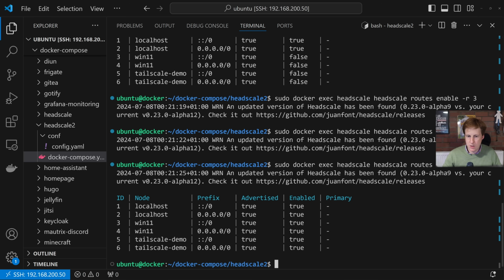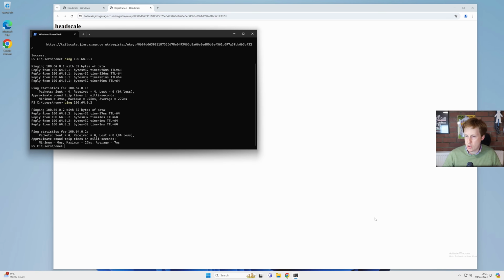Now what that allows me to do is if I hop back onto my virtual machine, now in the bottom right, and again, sorry, it's small. Now if I right click that and go to exit nodes, you'll now see that I have these other ones here. So for example, I could now say the Pixel, my phone, is the exit node. So now all of my traffic is going to be routed, so we know that it can reach it from up here, but now all of my traffic on this machine will be routed out through my mobile phone, which is pretty awesome. And this is how it's going to work when I set up that co-location for my